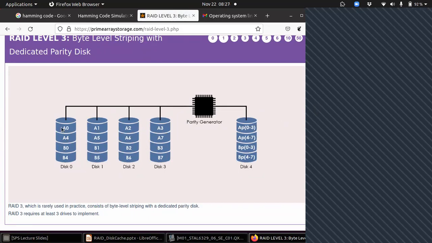So let's say here you are storing 1 byte, 1 byte, 1 byte, 1 byte. First bit of this byte, first bit of this byte, first bit of this byte, first bit of this byte. Take all first bits and find the parity and store it here in the first bit. Take second bits of all these, find parity and store it in the second bit. Take third bit of all these bytes, find the parity and store it in the third bit likewise. So here you require only one extra disk to store parity.